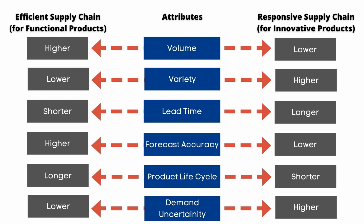Lead time of a functional product which follows efficient supply chain strategy is always shorter, whereas lead time of an innovative product which follows a responsive supply chain strategy is longer. Forecast accuracy of a functional product is higher, as that of a bread. You already know that your daily consumption of bread is 10 million loaves of bread, so it's very easy to predict the demand. So forecast accuracy of a functional product is higher, whereas forecast accuracy of an innovative product is lower,